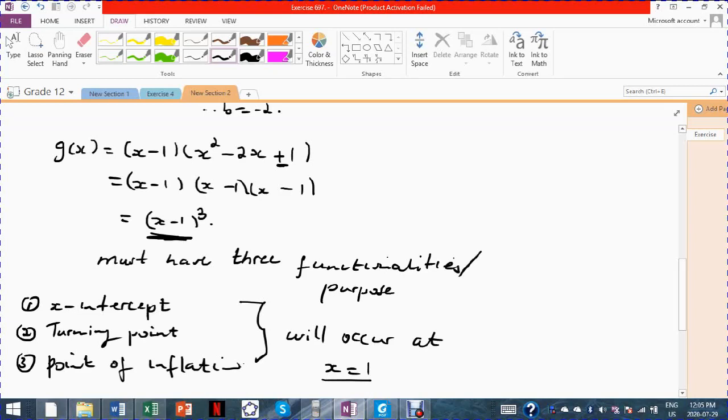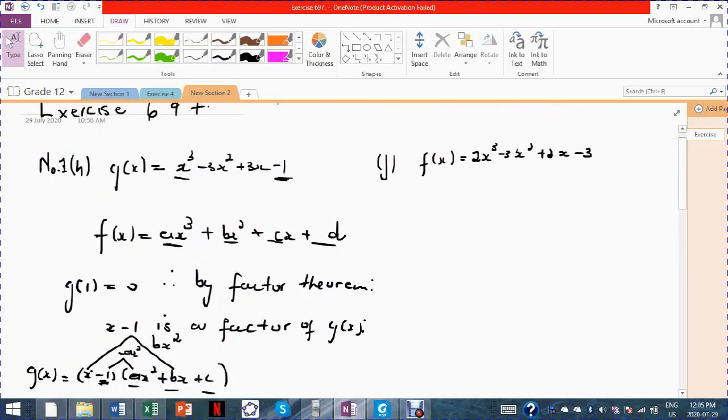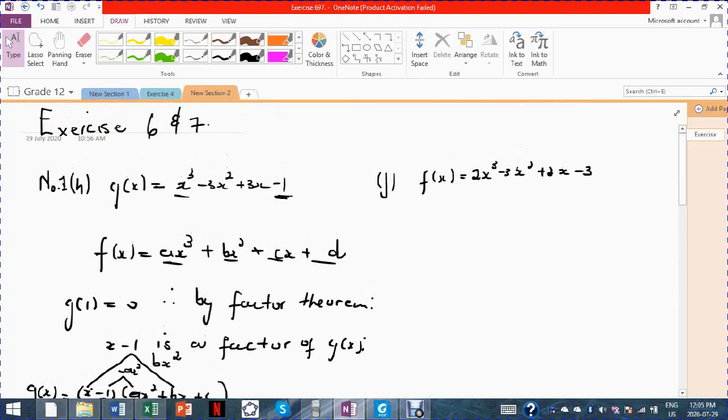So your graph will actually look something of this kind. You can see there's only one turning point, one point of inflection, and also one x-intercept. That's how we analyze the equation. And then you'll do the same with the others. You should use a calculator to find your first root of the equation. Use that root to form one factor. Use that one factor to factorize. Either use long division, or use a K method, or use